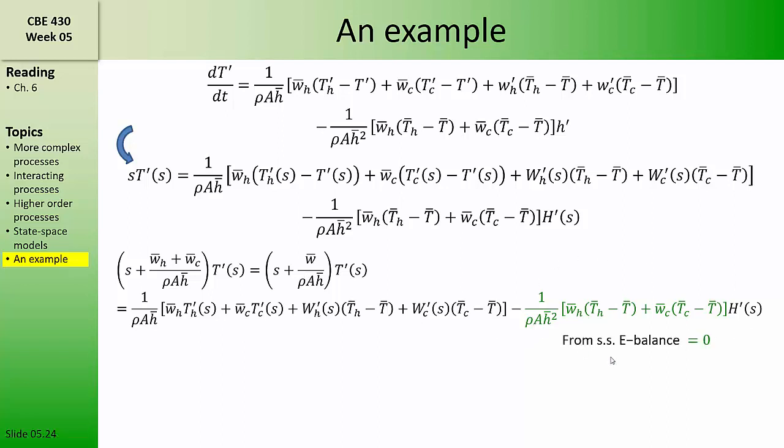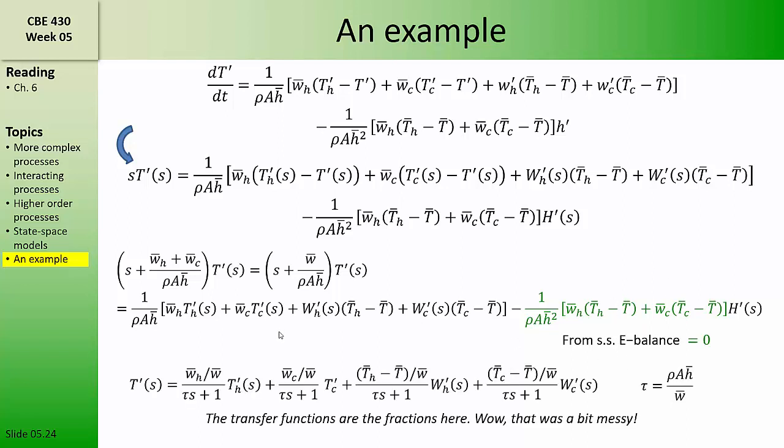The term highlighted in green here is the steady state form of the energy balance, and since there can be no accumulation of thermal energy at the steady state, then this term is equal to 0. After moving all of the terms that contain t prime to the left-hand side of the equal sign, we can solve for perturbations in t as a function of perturbations in each of the other remaining 4 perturbation